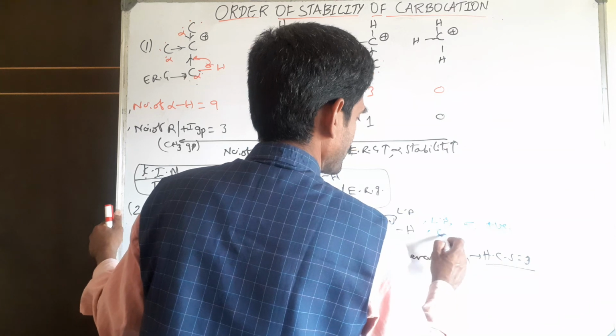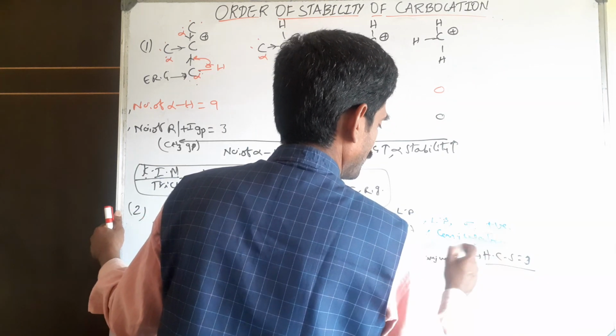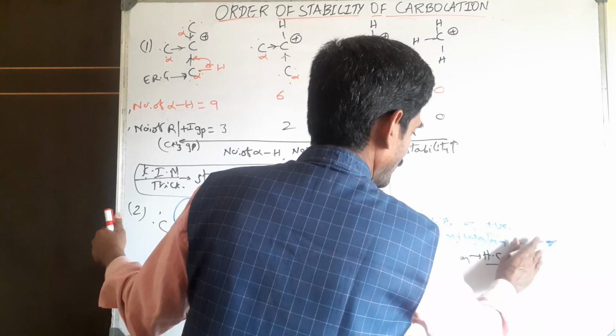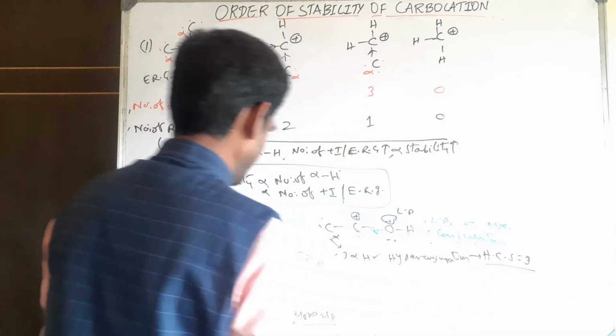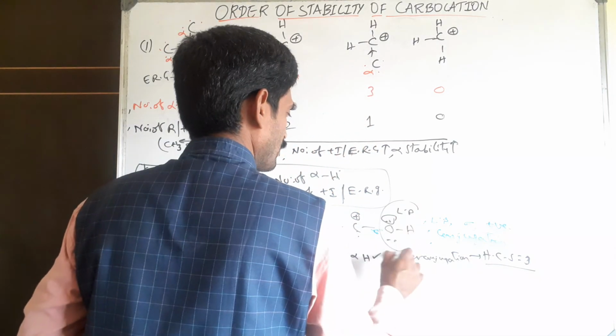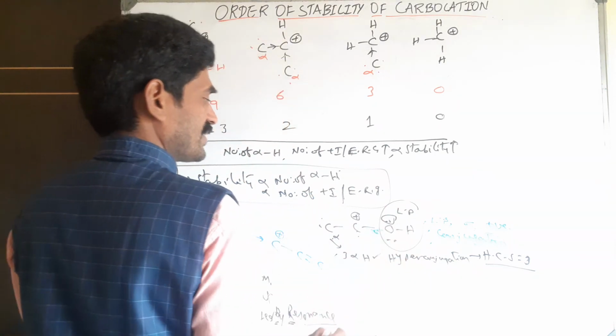So that's why here, what is there? Conjugation is there. Wherever conjugation is there, what happens here? Resonance effect takes place. And one more thing, my dear students: this is an OH group, right? You know the OH group. So wherever conjugation is there,